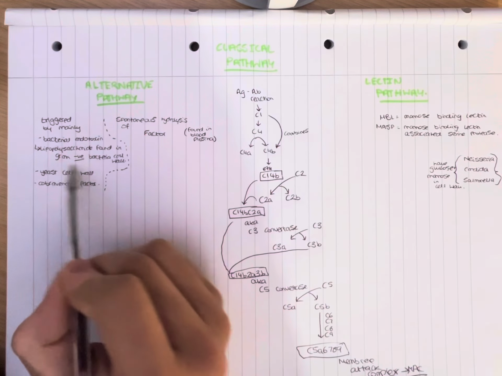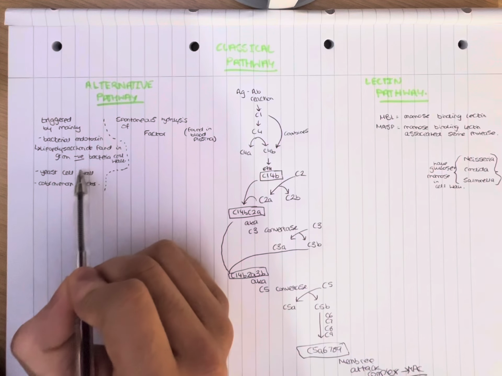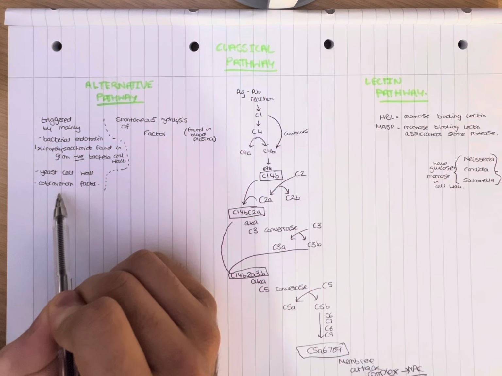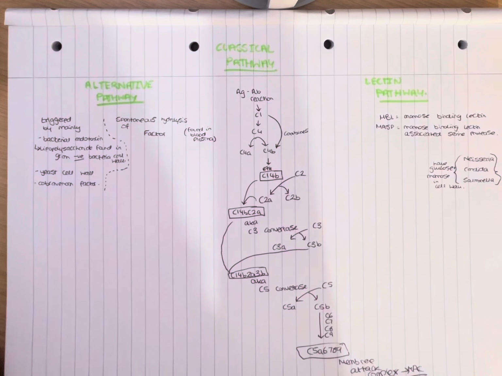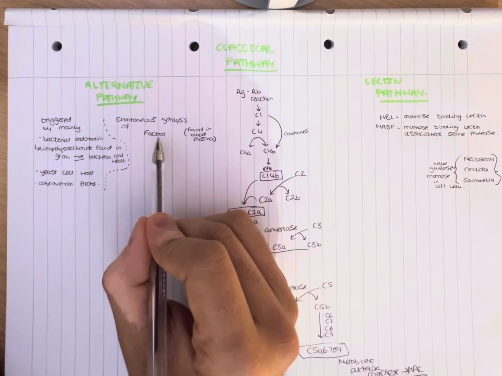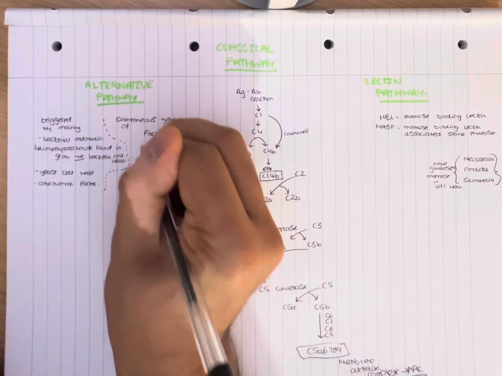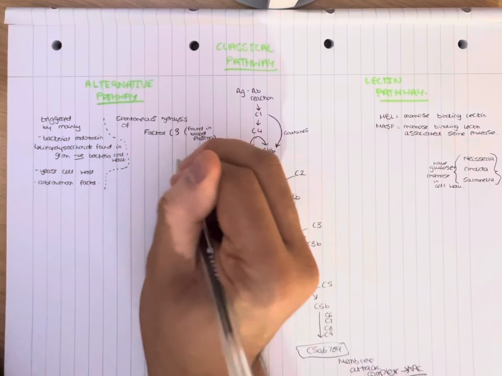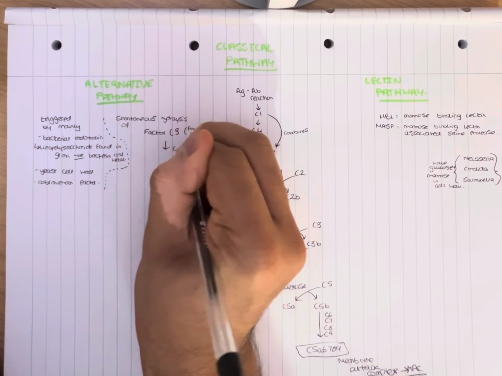As well, that's the main trigger of the alternative pathway, as well as yeast cell walls, and I don't know what this means, but cobra venom factor. I'll find out later what that is. So basically, the alternative pathway starts with the spontaneous hydrolysis of C3, and now this is mostly found in your blood plasma. Factor C3 is then converted here